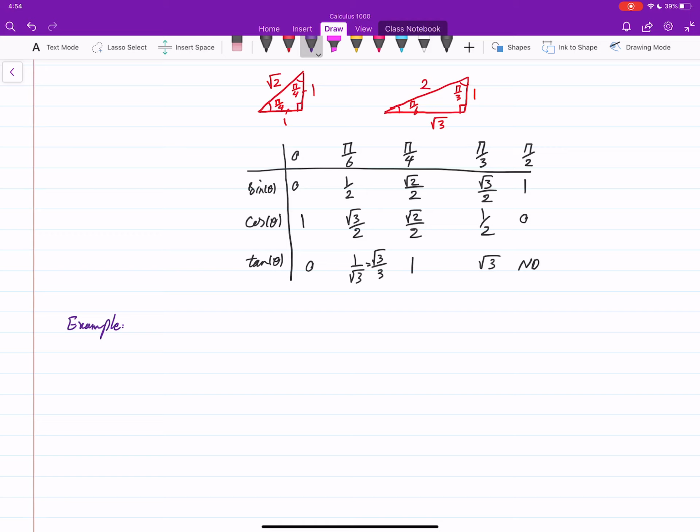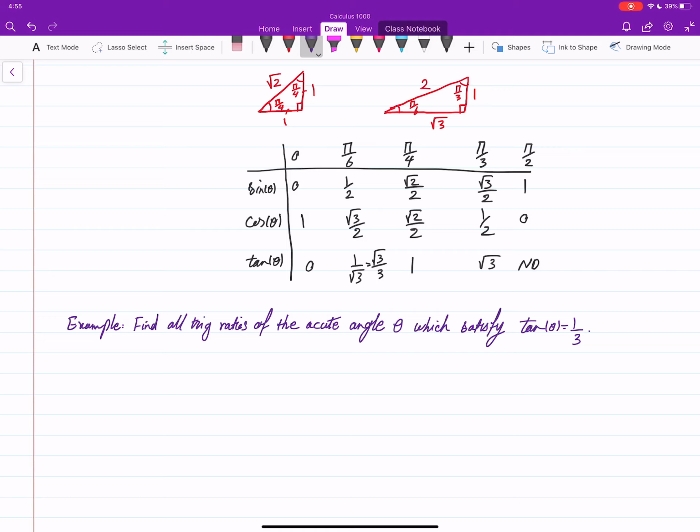Okay, so find all trig ratios of the acute angle theta which satisfies tan of theta is 1 over 3. I don't know what theta is. I don't know